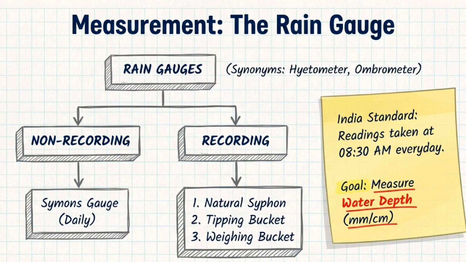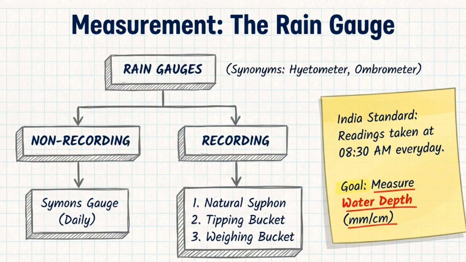The second type is recording rain gauge. This type automatically records how rainfall varies with time. There are three common types: natural siphon rain gauge, tipping bucket rain gauge, and weighing bucket rain gauge. In India, there is a standard practice for rainfall observation. The rain gauge reading is taken every day at 8:30 am. So remember the key idea. A rain gauge measures rainfall depth and it can be recording or non-recording, depending on whether it records rainfall over